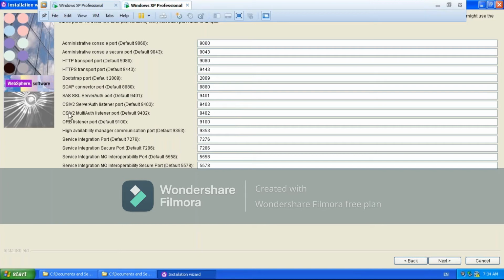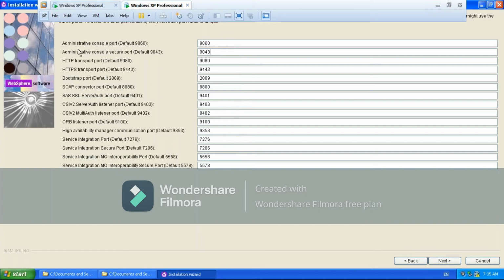The remaining four are related with security, and the service integration and MQ ports are the messaging queue related ports. High availability management is related with clustering. When and how those ports are used, I will explain clearly when those chapters come up.